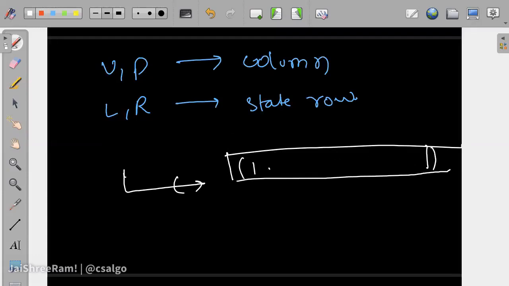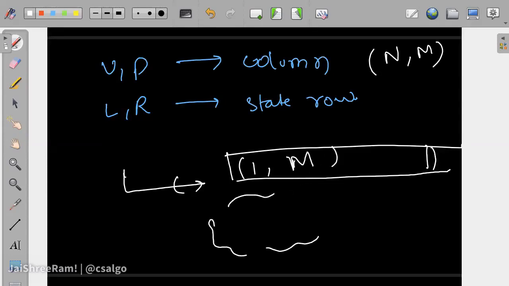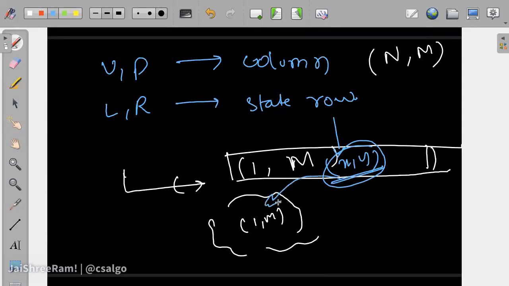So let's suppose it's n cross m, right? So it's 1 to m, everything is free in this particular row now. Okay, so I maintain in a multi-set that 1 to m is free. Now when I reach a particular x comma y in this row, I know that when I move out of this x comma y, it is going to get frozen, and it's not going to be a valid cell anymore, right? So I can find out which segment this x comma y lies in, and I can break that segment into two parts.